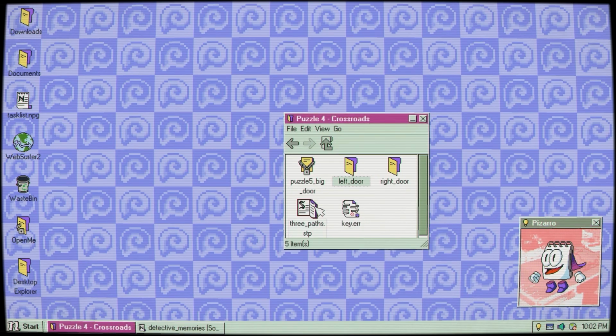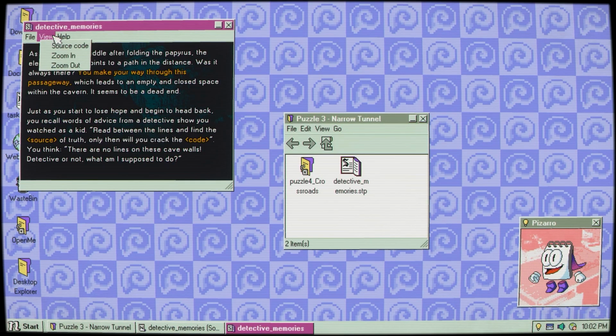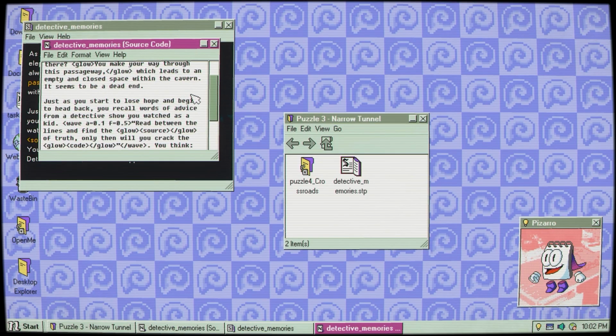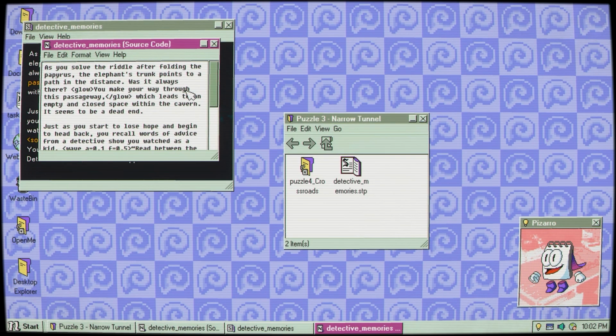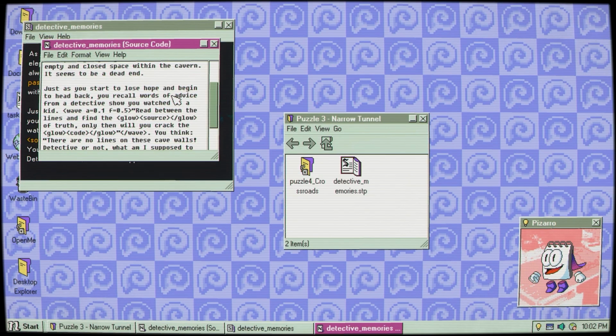Left door or right door? I probably should have read the source code. Did it say anything about the left door? Start to lose hope. Begin head. Wait. As you solve the riddle, yep. And find the